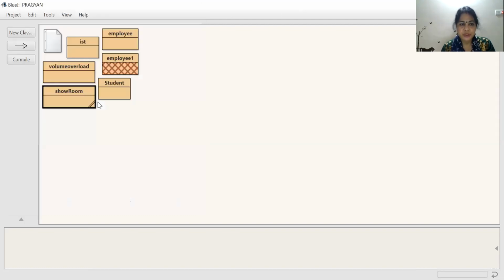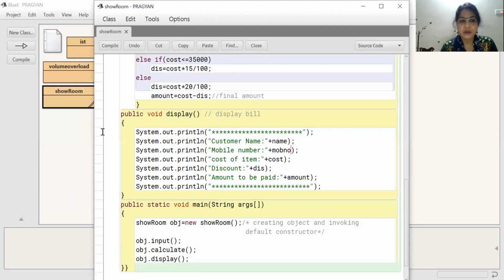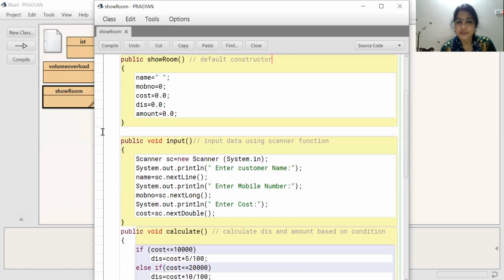Now one thing I want to say to you here, the question arising is where we have to use the default constructor and where we have to use the parameterized constructor. Okay, if in the question it is given to use the default constructor, then you have to use the default constructor, and if there is an input function, you should not give a direct value, you have to initialize to the default value.